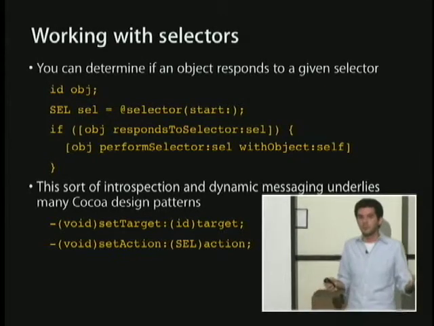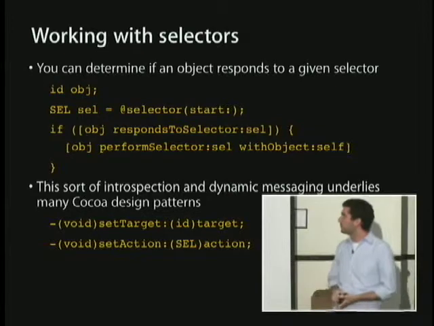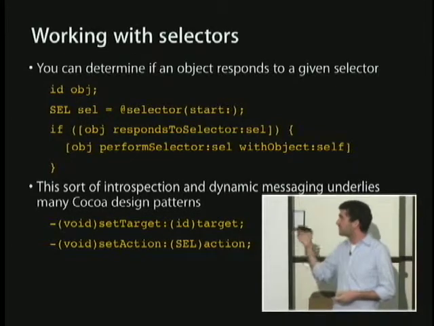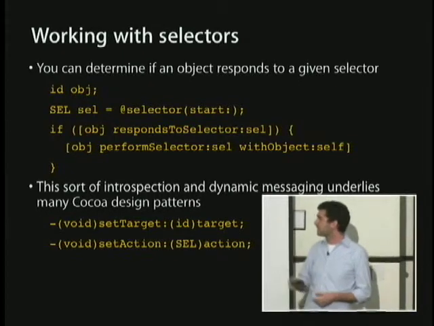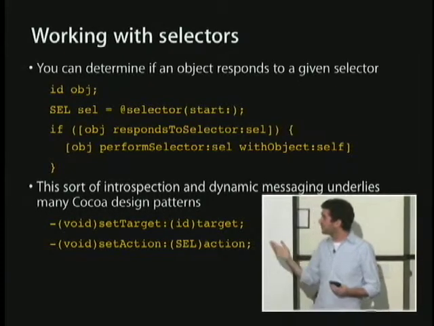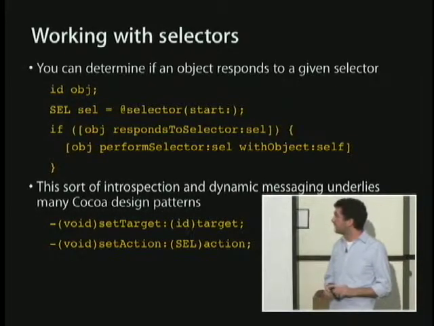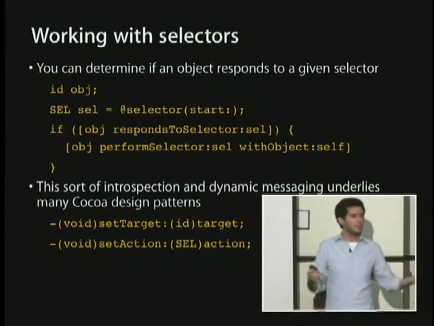And if it didn't implement it, then our app would just crash. So we can actually ask the object if it responds to a particular selector before we try and call that selector on it. So here we've just got a pretty simple if statement. The object responds to selector call. And if the result of that is yes, then we know that that thing implements that selector.